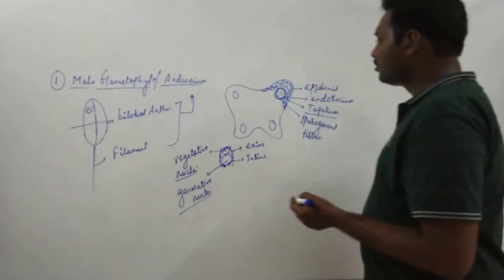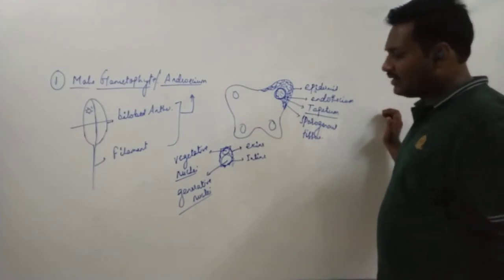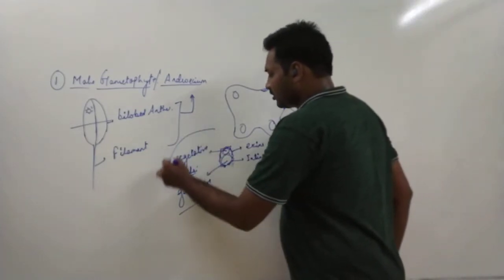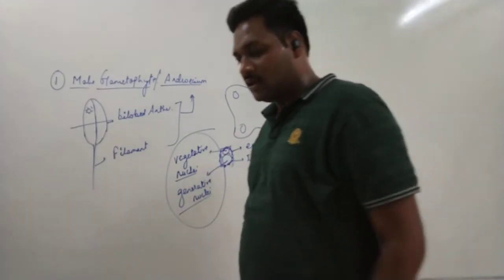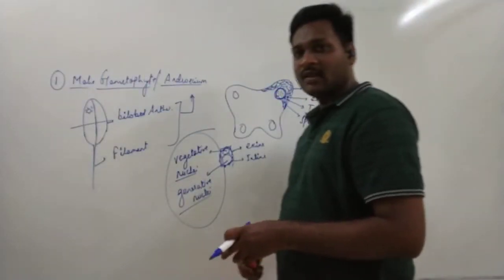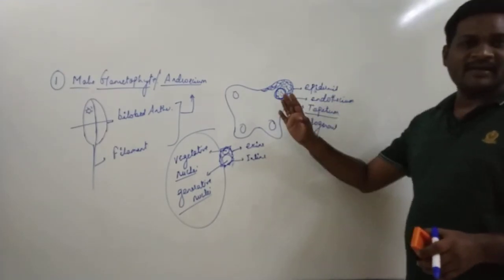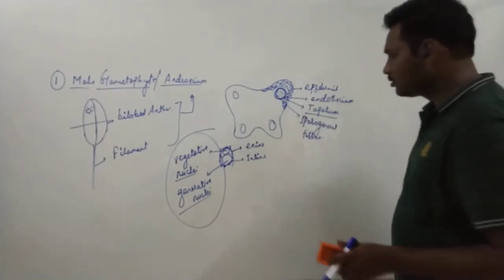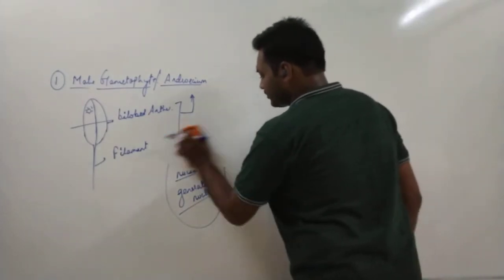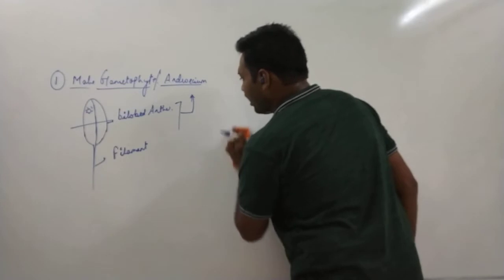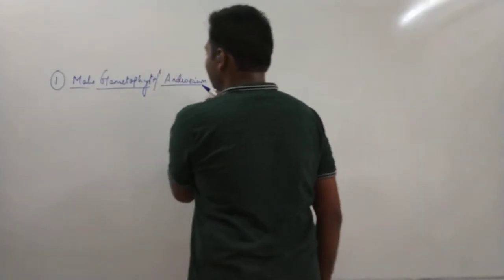Now let's talk about the development of the female gametophyte, and then we'll discuss these structures, the vegetative and generative nuclei. I hope you are getting this. Whatever points regarding this development are there, I'll provide in the notes. Just understand the concept, and if you feel any difficulty understanding, you can WhatsApp me.